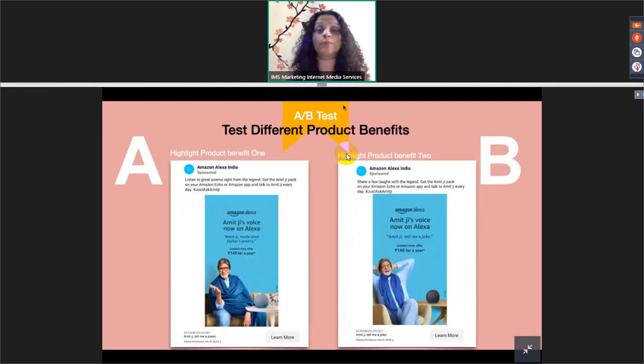And again, you can also test different product benefits of the same product, one ad at a time. An example here is Amazon Alexa, which is selling a new innovation they have done. Here the product benefit is that one can hear poems in the voice of a popular actor. It says, listen to great poems, with a hashtag that is very unique to how one uses Alexa. And test B is about the benefit of listening to jokes, which will be heard